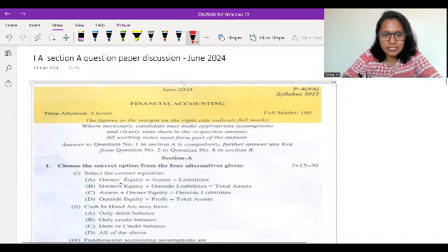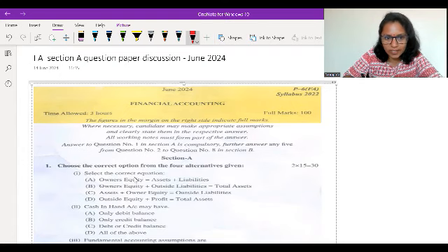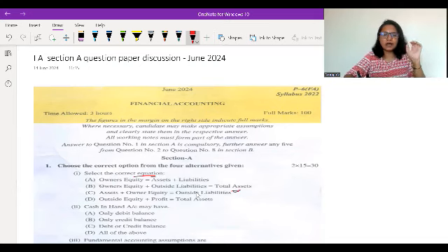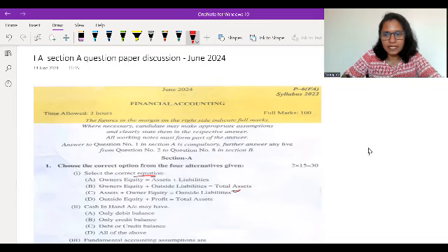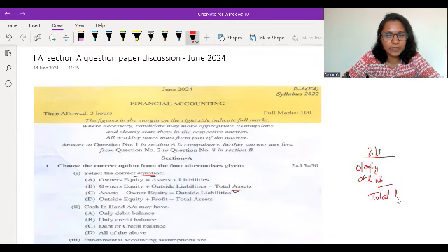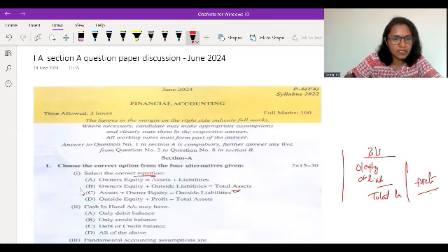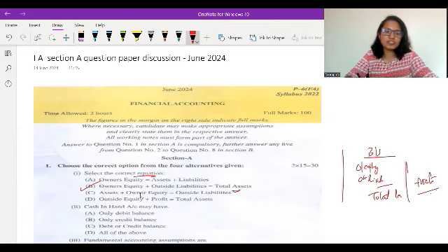The first MCQ is about choosing the correct equation regarding owner's equity and your total asset, outside liabilities. So in a balance sheet, if you see owner's equity, then there will be outside liability. Here that will become your total liability and this side will be your assets, right? So from the balance sheet, we can take the correct answer, which is owner's equity plus outside liability is your total asset.